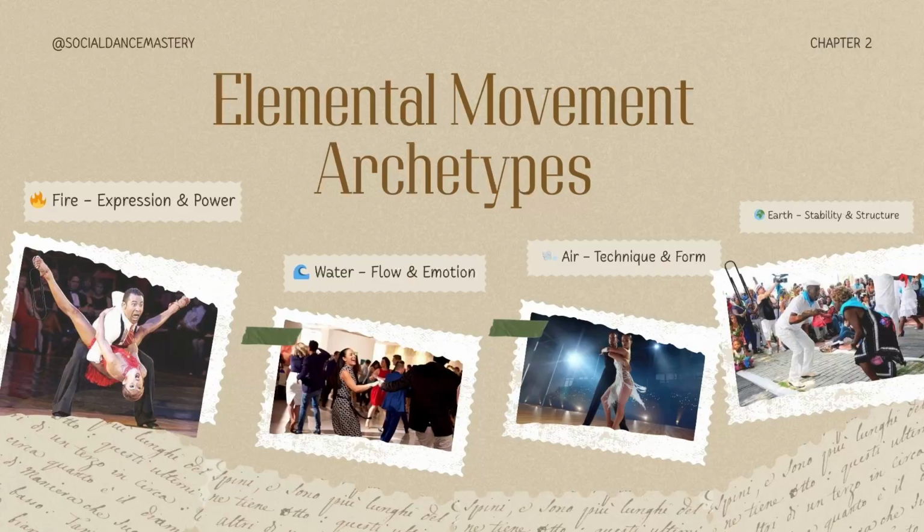So when you start to observe people, when you start to watch people move, you'll start to see this. If you can identify these different elemental archetypes of movement, you start to see them in people all around you. Each of us carries all four elements within us, but usually one or two really dominate to the surface of someone's movement. Now, learning to embody all four gives us a range, a mobility in a sense, the ability to